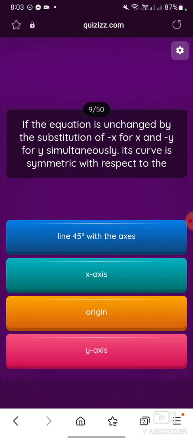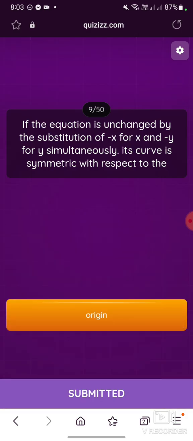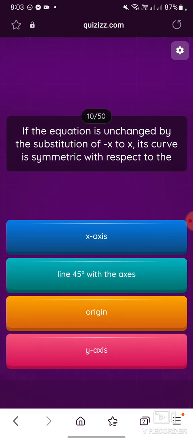If the equation is unchanged by the substitution of negative x for x and negative y for y simultaneously, its curve is symmetric with respect to the... If the equation is unchanged by the substitution of negative x for x, its curve is symmetric with respect to the